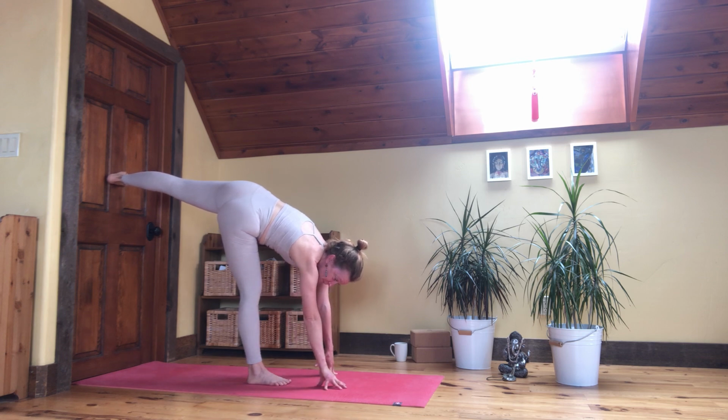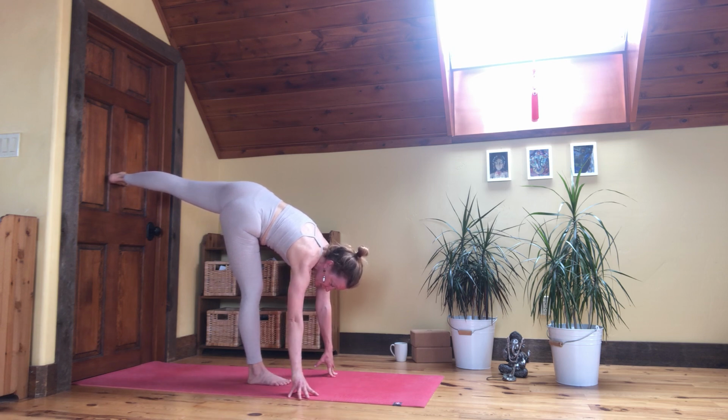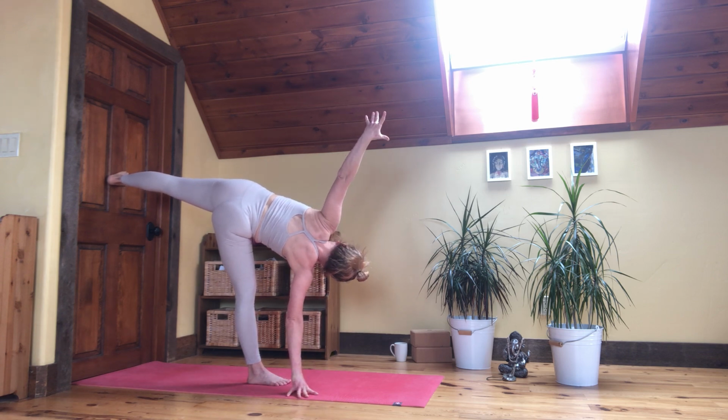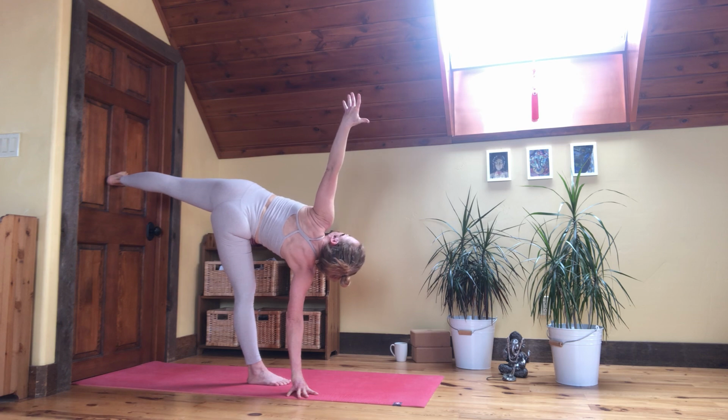For more challenge, take your hand right in front of your foot. If not, take it a little bit out to the side, so whichever works. Left arm up to the sky. Shoulder blades down onto the floor,